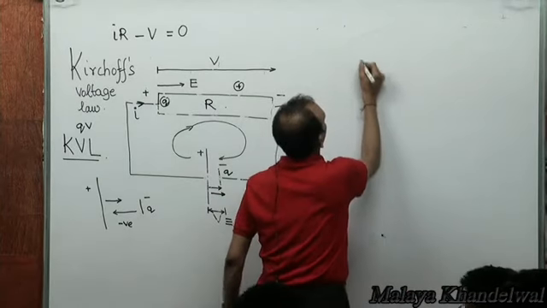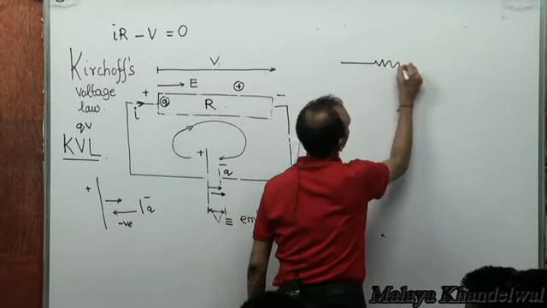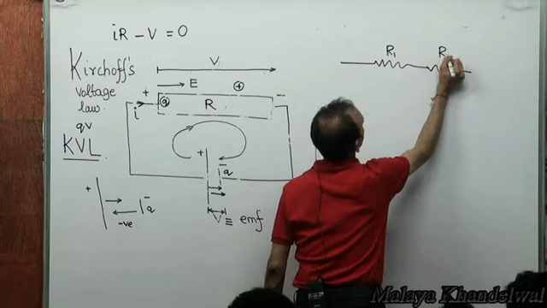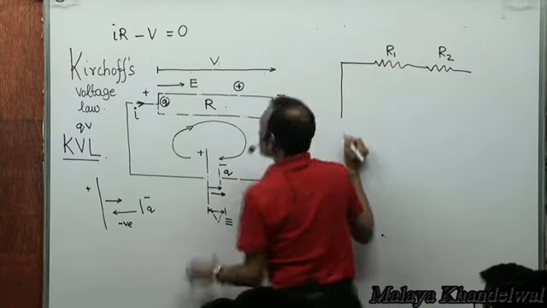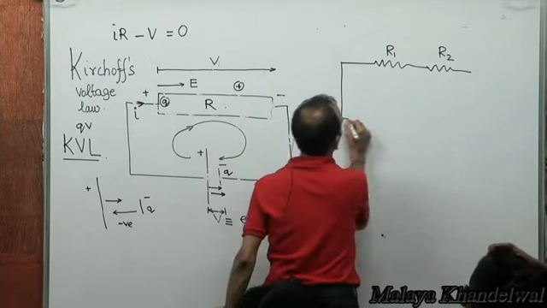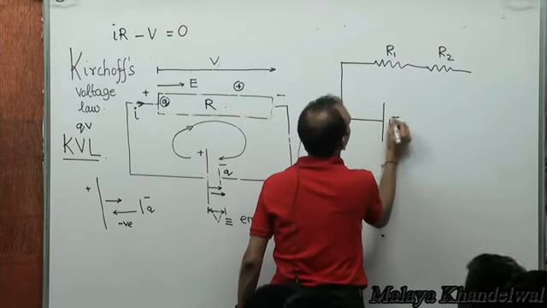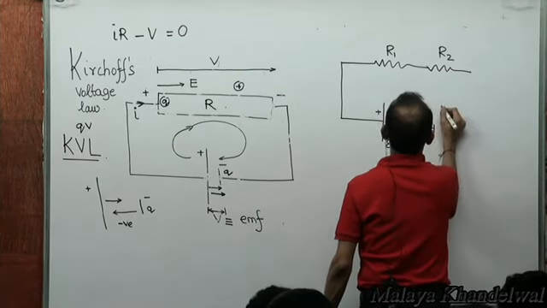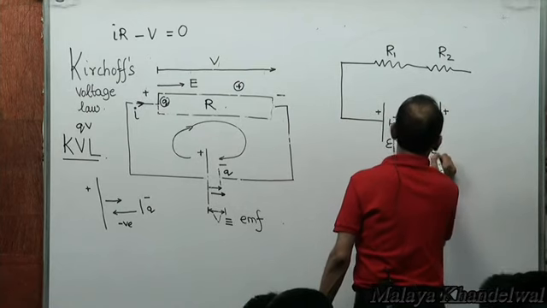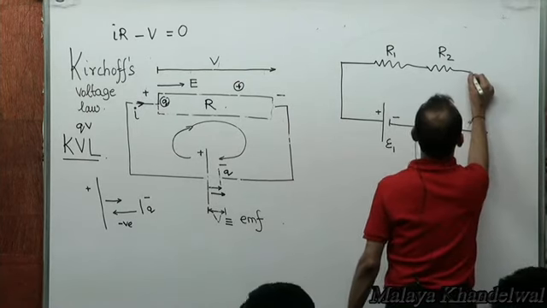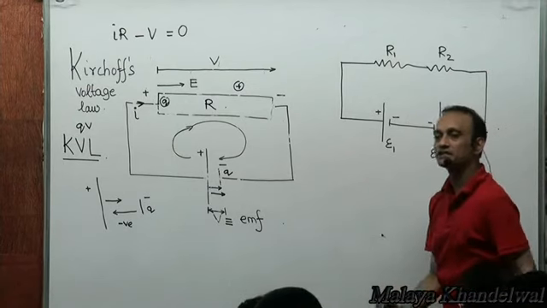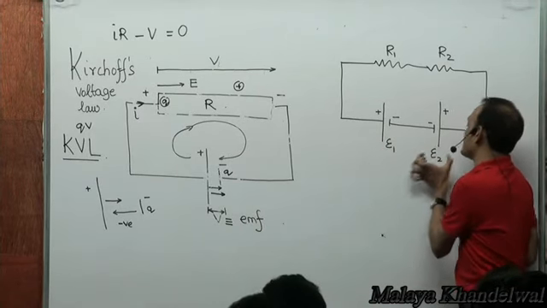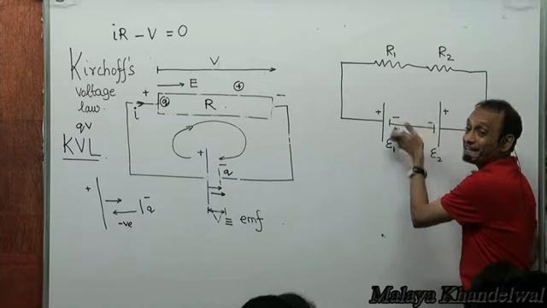if I have, say, an electrical circuit like this, there is one load, resistance R1, there is another load, resistance R2, and I'm talking of an ideal battery to begin with. There is a battery of EMF epsilon 1 like this, there is a battery of EMF epsilon 2 like this. This is an electrical circuit. This time there are two batteries, one of EMF epsilon 1, one of EMF epsilon 2, with their polarities as shown,